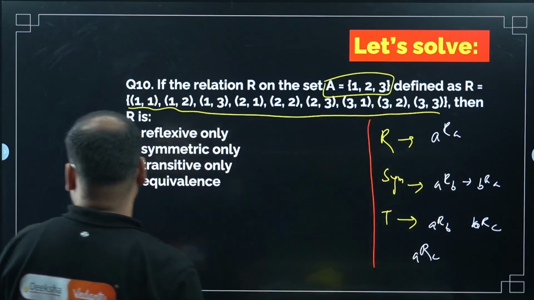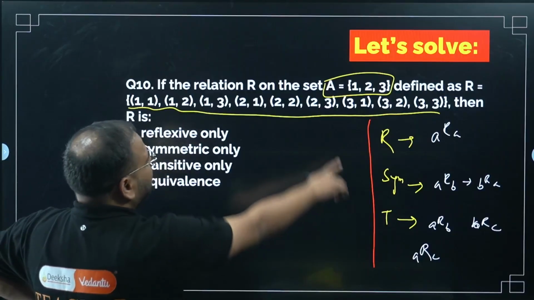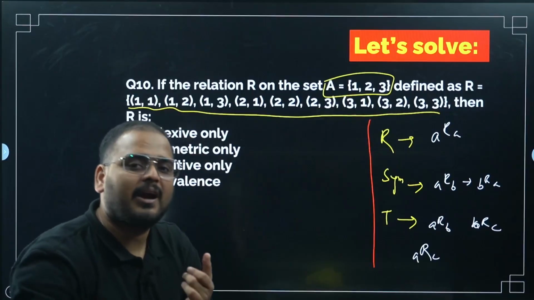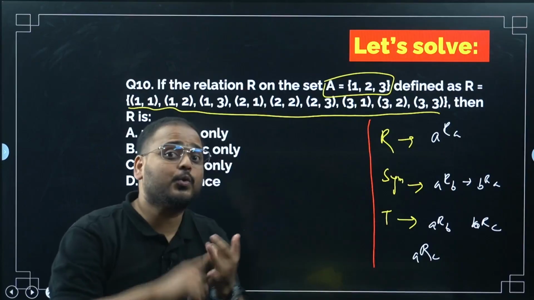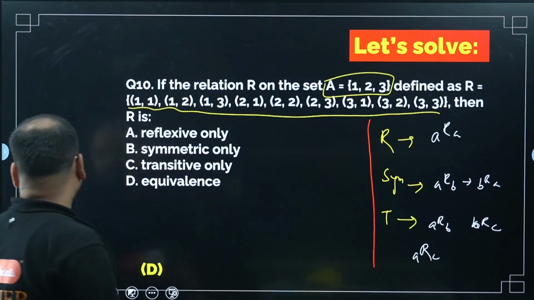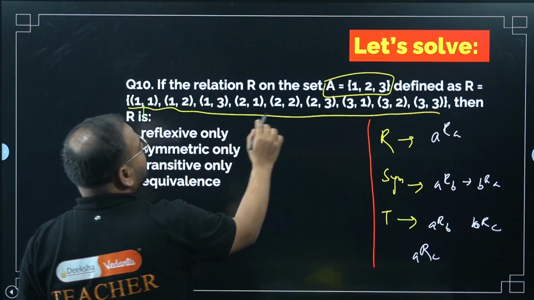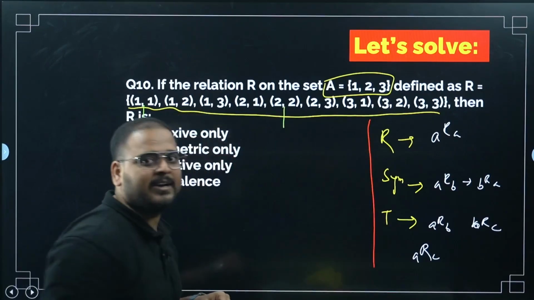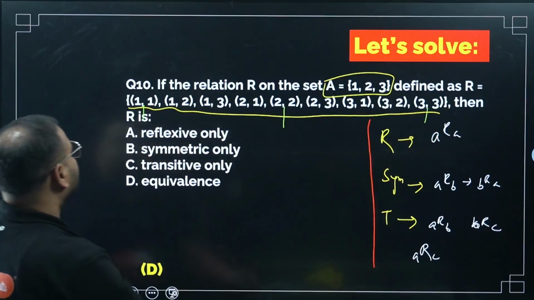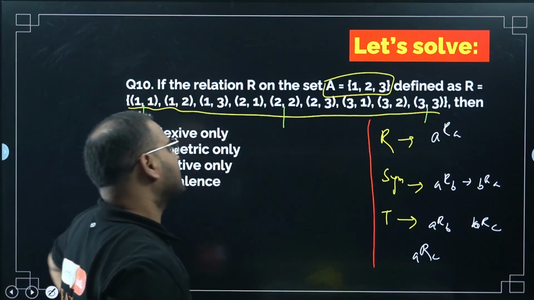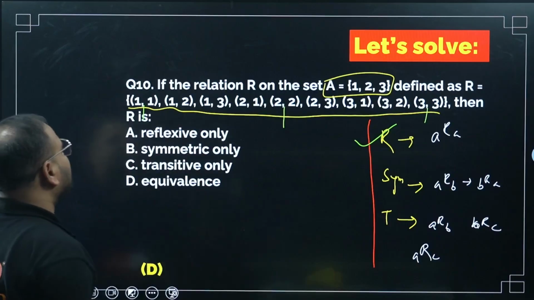Okay. Great, sir. Chaliye. So ARA is there. For 1, 2, 3, what do I need? I need 1, 1, I need 2, 2, I need 3, 3. Other things can be there, no problem, but 1, 1, 2, 2, 3, 3 should be there, sir. Let's check. 1, 1, yes, sir. 2, 2, yes, sir. It's like making attendance. Present, sir. 3, 3, yes, sir. So 1, 1, yes. 2, 2, yes. 3, 3, yes. It means reflexive is true. Okay. First part is done.